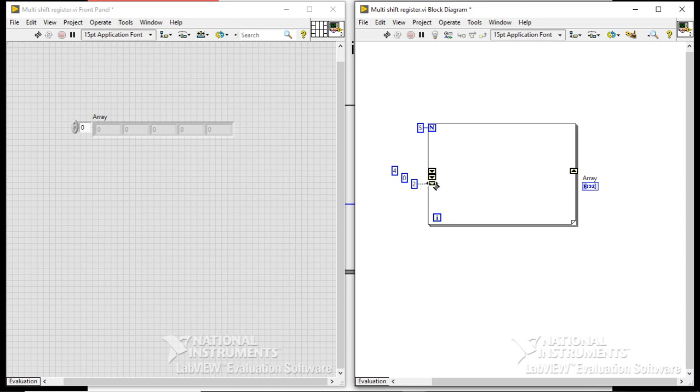Now I'm wiring this one. Immediately the color has changed to I32, a blue color, and I just want to perform operations.